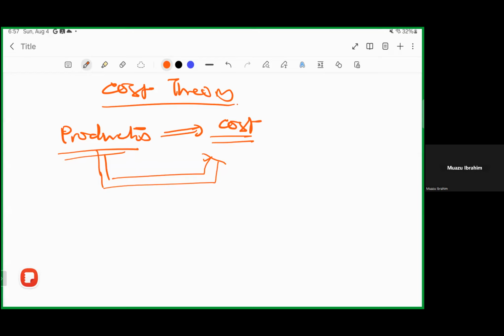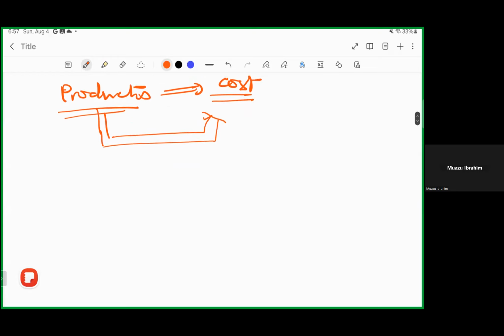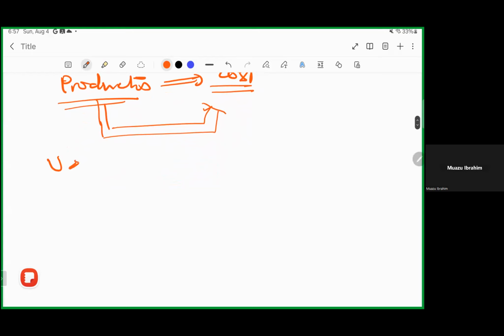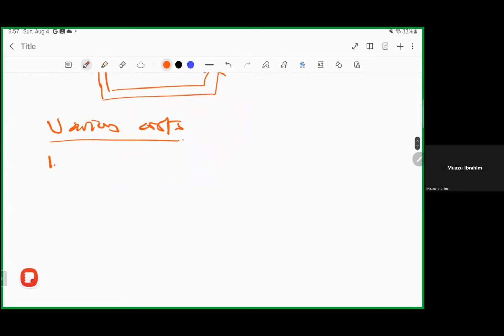Now, there are various costs that firms incur, and one key cost that they do incur is a particular cost that they spend, whether they produce or not. Okay, so firms incur various costs, and one of those costs that they incur is the fixed costs. So I will call that FC. So the fixed cost, we are looking at a cost firms incur irrespective of whether they produce or not.